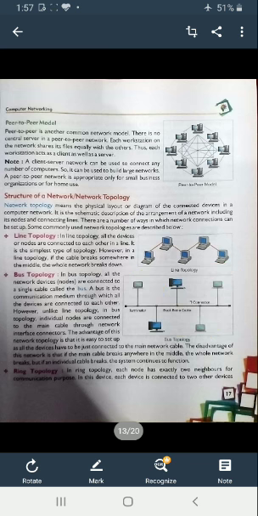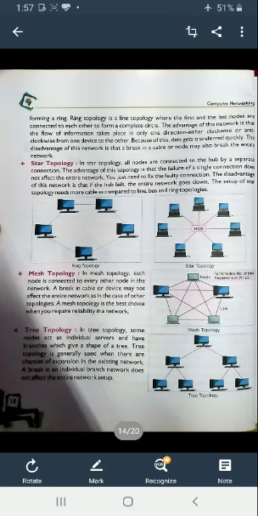Ring topology. In ring topology, each node has exactly two neighbors for communication purposes. Each device is connected to two other devices, forming a ring. Ring topology is a line topology where the first and the last nodes are connected to each other to form a complete circle. The advantage of this network is that the flow of information takes place in only one direction, either clockwise or anti-clockwise, from one device to the other. Because of this, data gets transferred quickly.